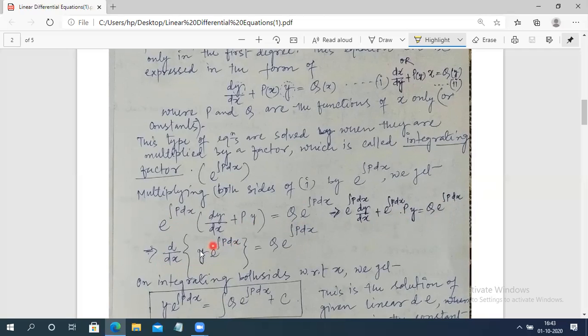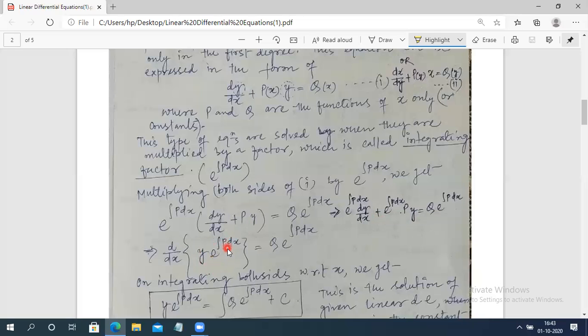Is it clear? You can see that if we differentiate these two expressions which are in product form, then we'll get this expression only. You can verify. Suppose this is your first function, e raised to the power ∫p dx, then first function into the differentiation of second. Okay, product rule of differentiation we are applying here. First function, that is e raised to the power ∫p dx, differentiation of second, that is dy by dx, plus second function, that is y into